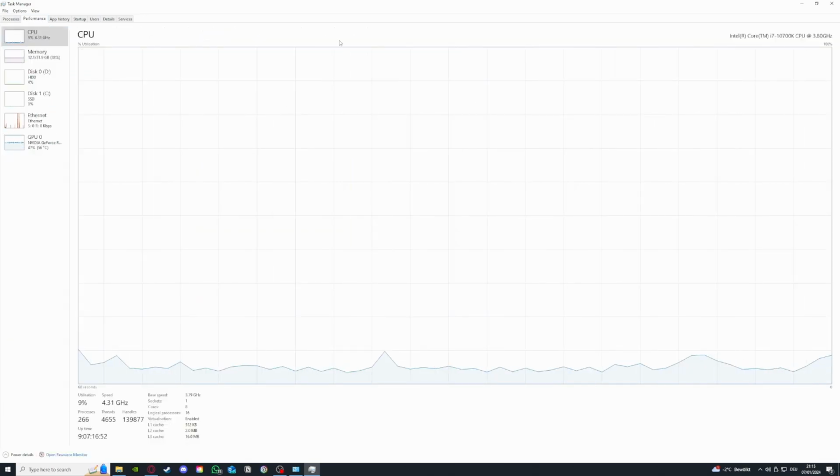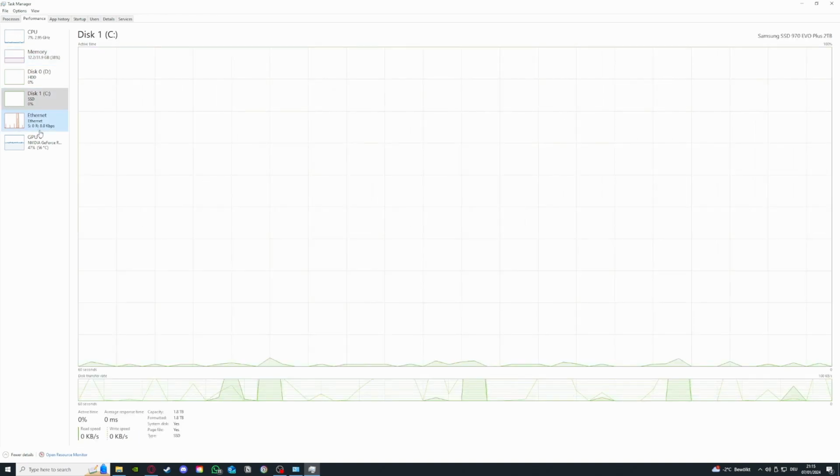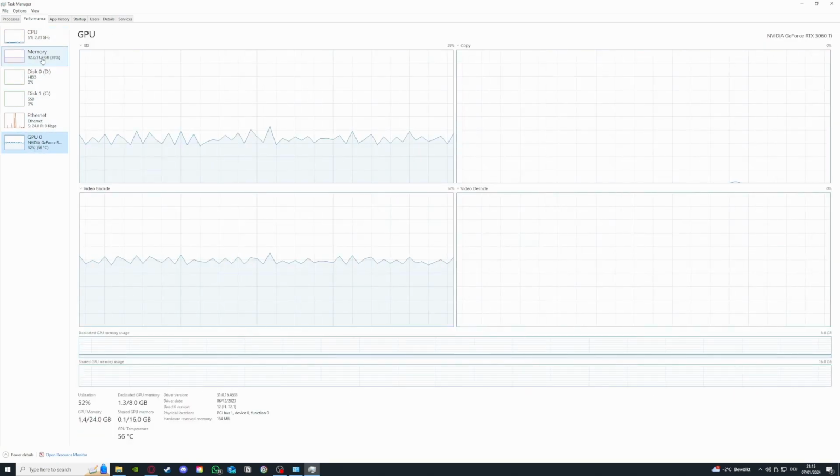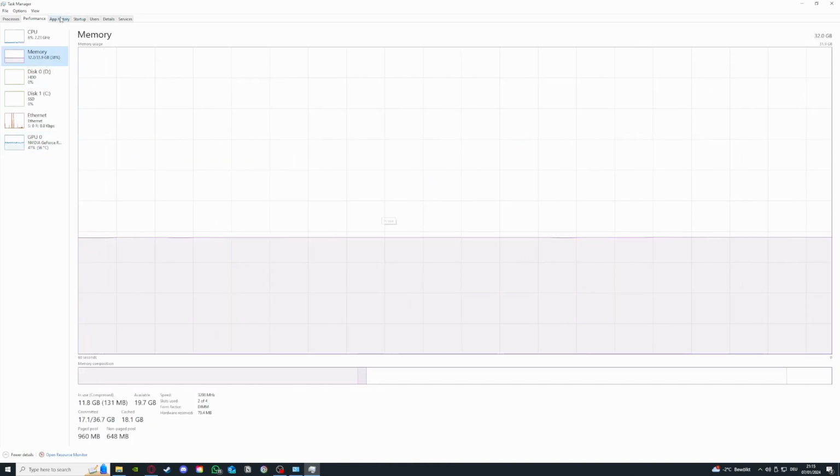And if you want to have a more detailed look, you can also look at the performance tab, where GPU and CPU performance is shown in a graph. Also an important indicator is the memory usage. For example, I have 32 GB of memory, which is a lot. So if the program is taking up a lot of memory, you should consider upgrading